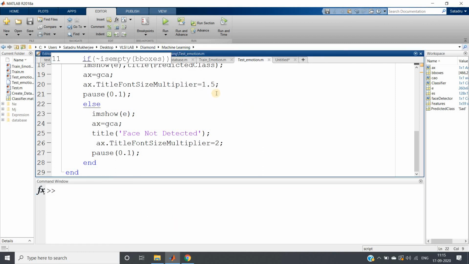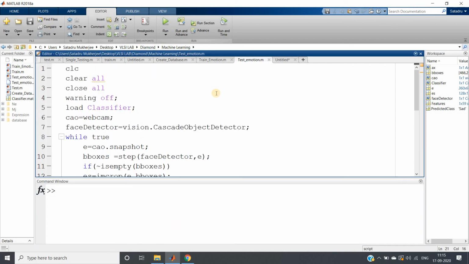You have seen this is working perfectly.